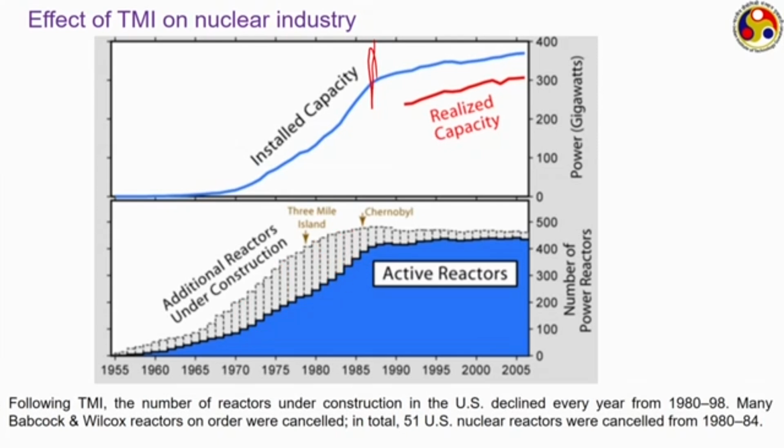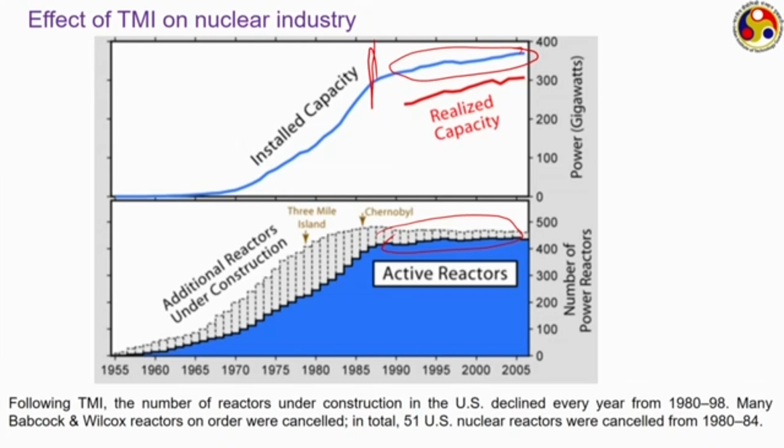And then something that we are going to discuss, the Chernobyl accident happened in 1986, and following that there is almost a saturation in the nuclear industry. There was hardly any new construction that went on from 1986 to something like 2005. So, the total realized or installed capacity also got stalled, and there is hardly any new growth in the